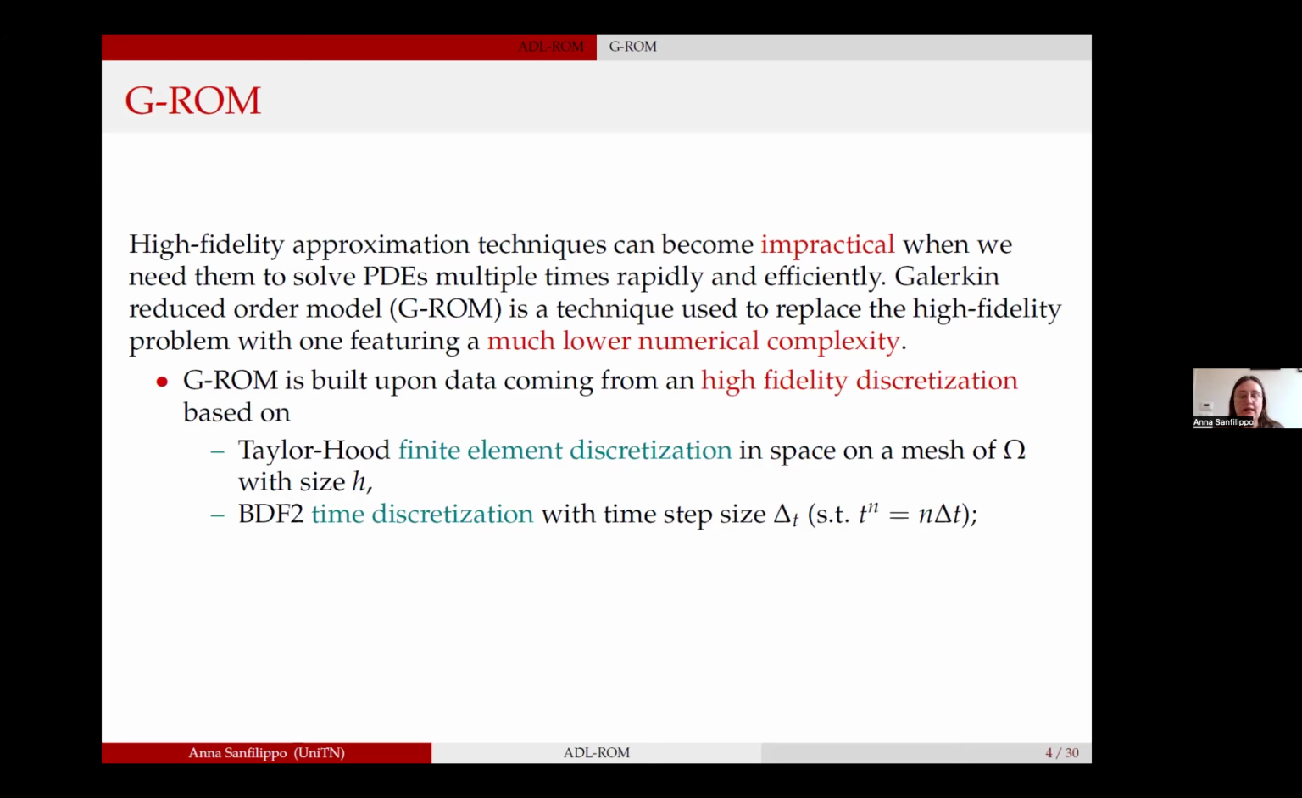be used as well. And as a time scheme or time discretization, we used implicit BDF2, even if we tried to use Crank-Nicholson BDF1. So it's not dependent only on this time discretization. And another thing that is very important is that we build our G-ROM upon data coming from a finite element solution. But